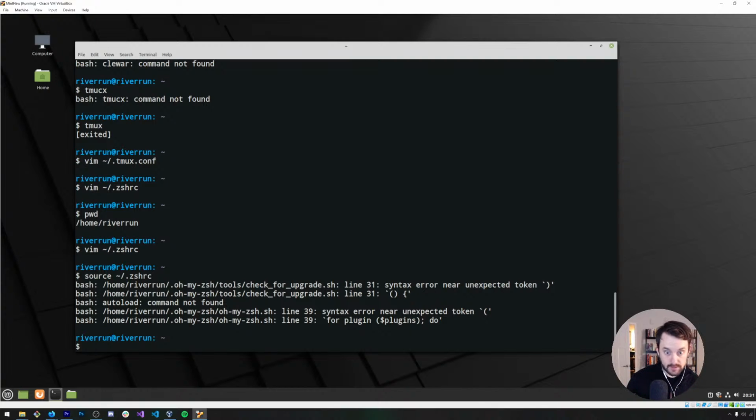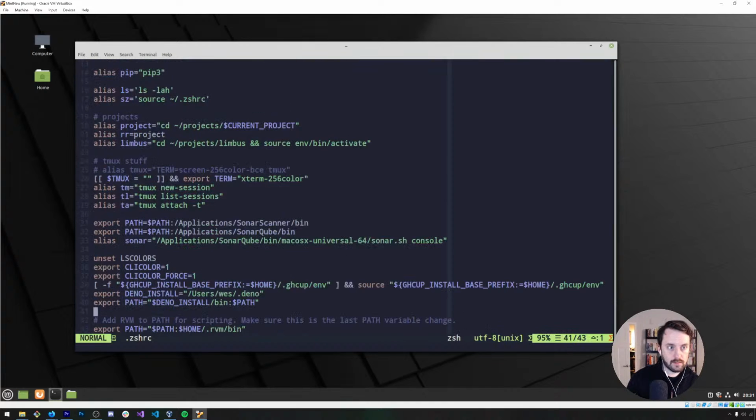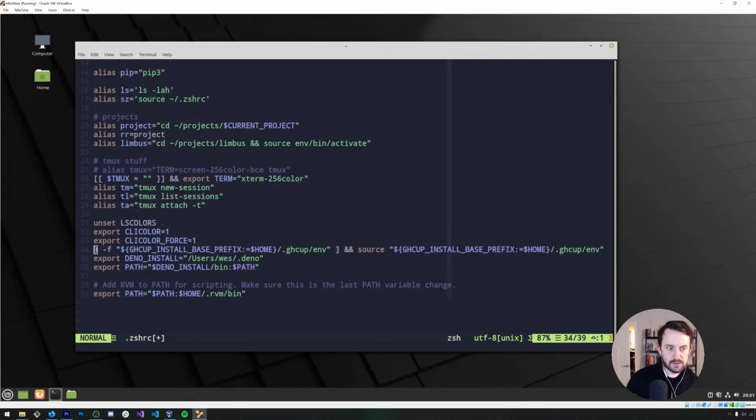Unexpected token, line 31. Line 31 and line 39. It's on line 31. Alright, I don't need SonarCube stuff anyway. Don't need that. I don't need RVM. I also don't need Deno.